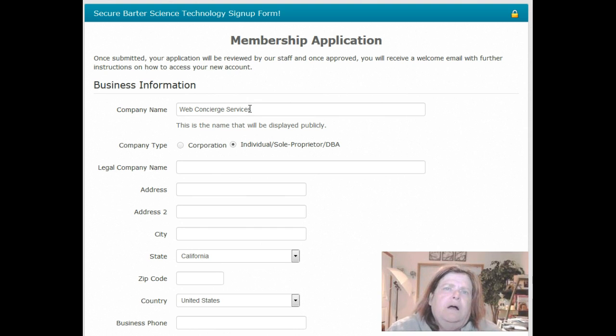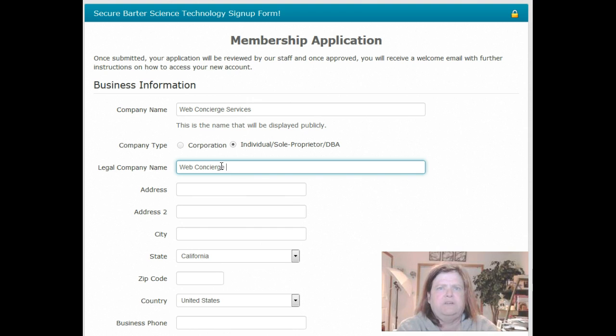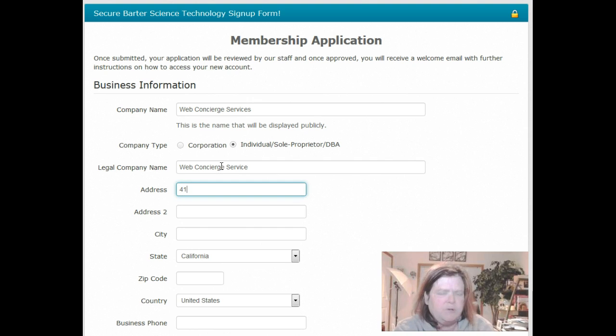So company type, legal name, address, that's all straightforward. I'll just fill this out as I go so we can see the legal name and the company name are the same in this case. But I think that's a really good idea for things like if you are doing something as a DBA. So here I'm going to type in my for real